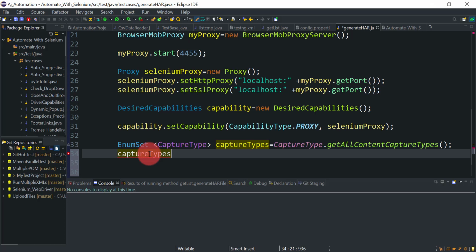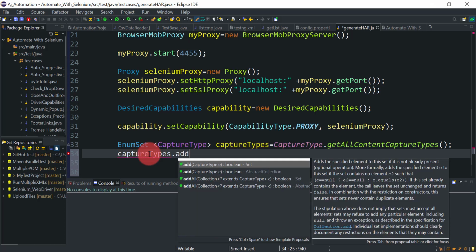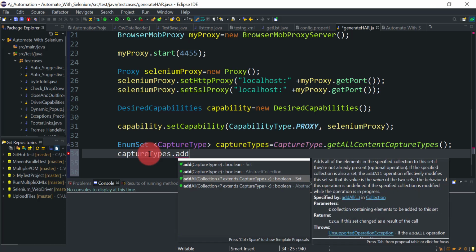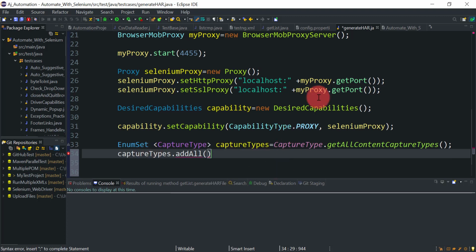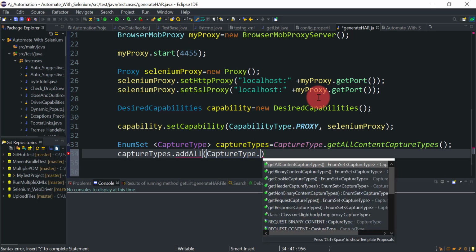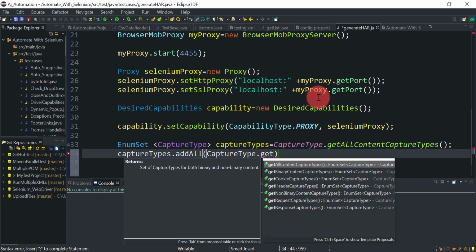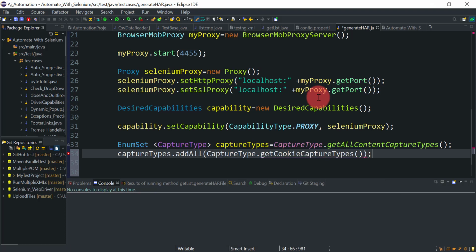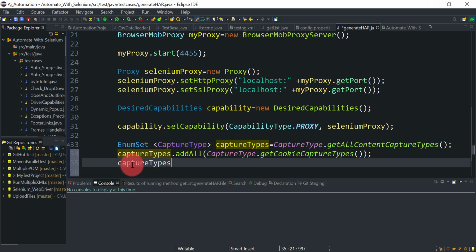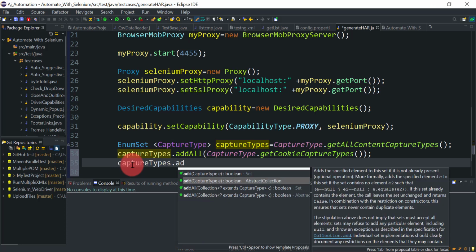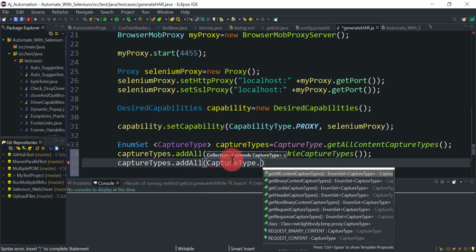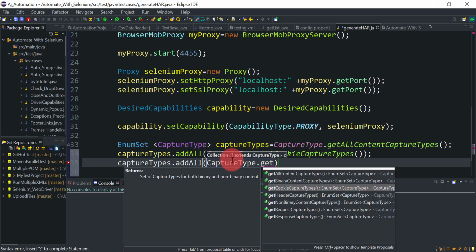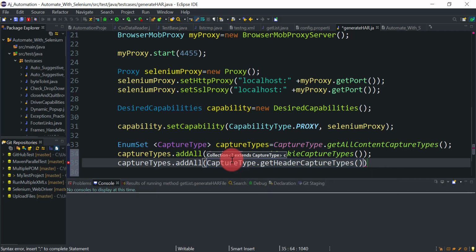If you press dot here, you will get the addAll method. So CaptureType dot getCookieCaptureTypes is the first one. Then addAll, get all the headers, header capture types.